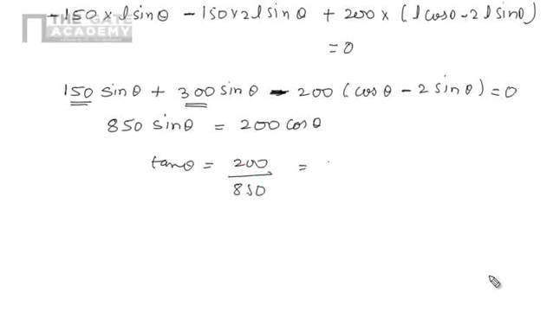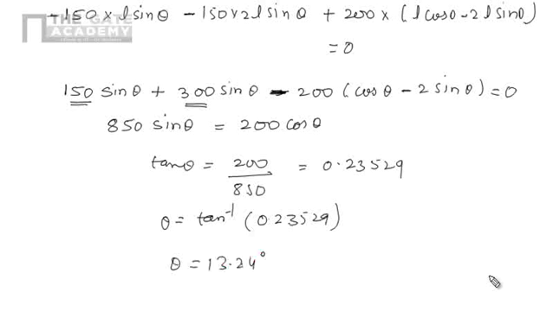So we have 0.23529. So theta will be tan inverse of 0.23529, so theta will be 13.24 degrees. By this way we can easily get the value of theta by applying only one equation, that is, the algebraic summation of moments of all the forces about any point should be 0. So in all the examples we already discussed, whenever we require only one equation, by using the moment equation we can directly find